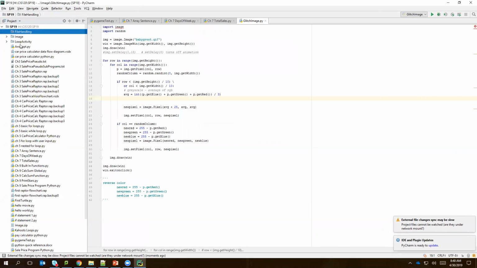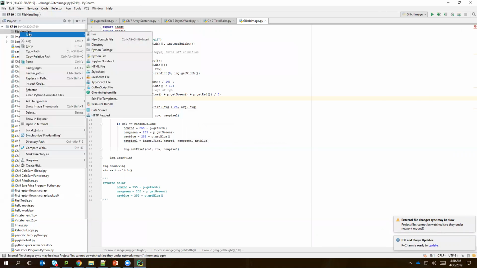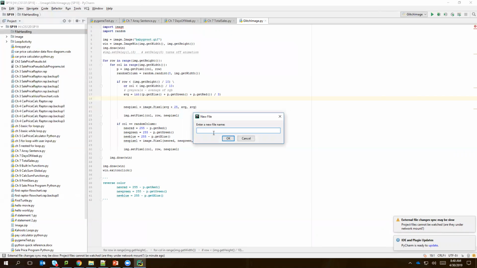So even PyCharm that's all new in Python, he still calls it a directory. How weird. Okay, so the first thing that I want to create in this file handling folder is going to be a text file. So let's see, I want to do a new file. Let's just try file. And I'm going to name this